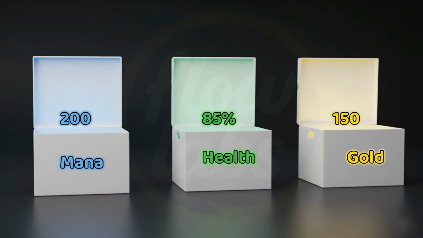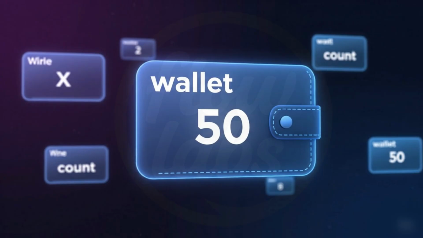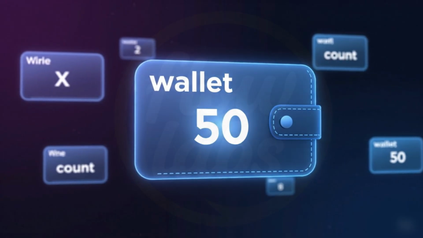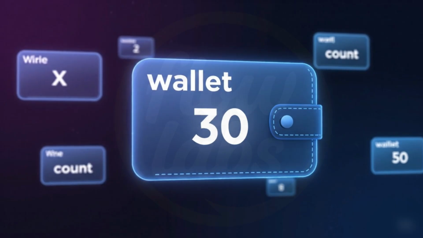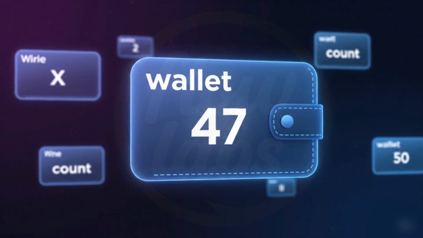Let me give you some real-world examples to make this crystal clear. Your wallet. Your wallet is like a variable called wallet. The type is money container, and the value might be $50. Tomorrow, you might spend some money, so the value changes to $30. The wallet variable name stays the same, but what's inside, the value, can change.